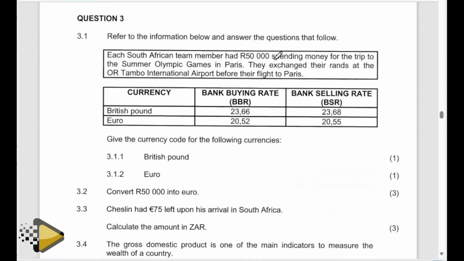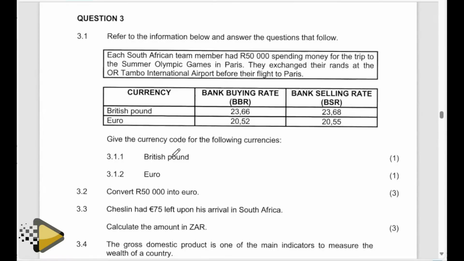So each South African team member had 50,000 spending money for the trip to the Summer Olympic Games in Paris. The exchange there runs at OR International Airport before their flight to Paris. So here we have various currencies and their rates of exchange. We have the British pound, which is being bought by the bank at 23.65, then sold by the bank at 23.68. Then we also have the euro being bought by the bank at 20.52, then sold by the bank at